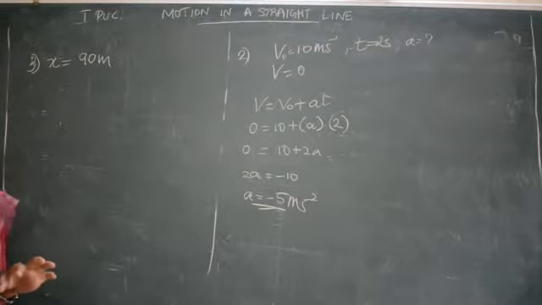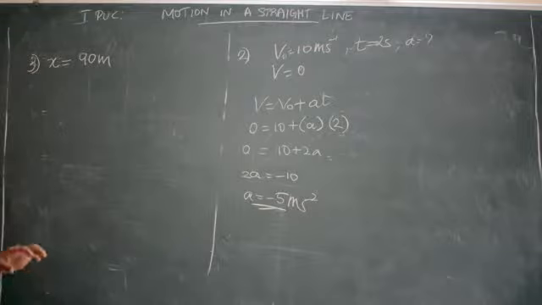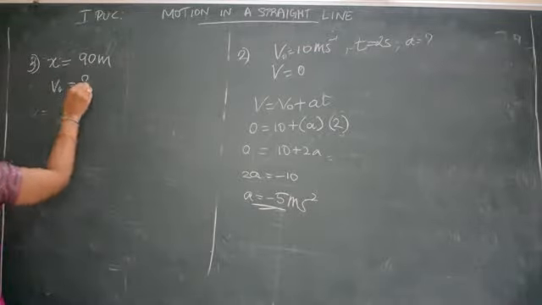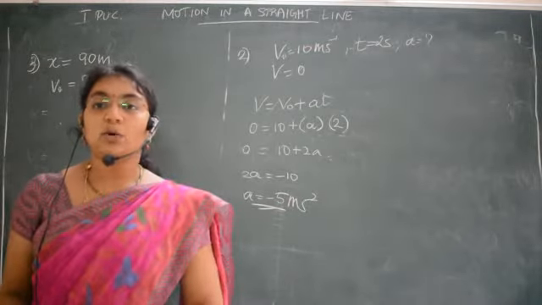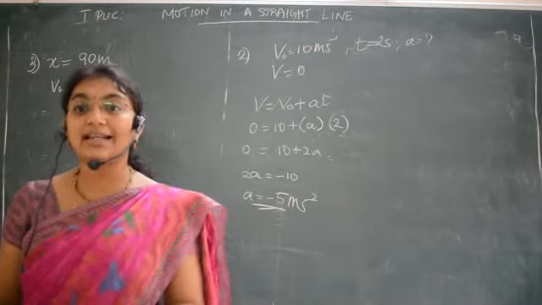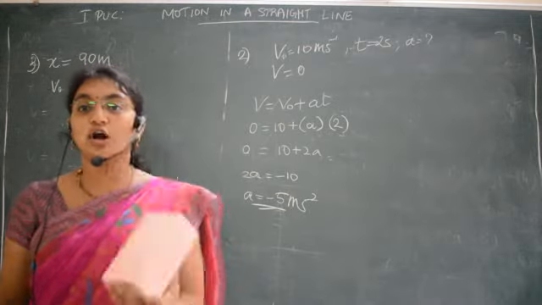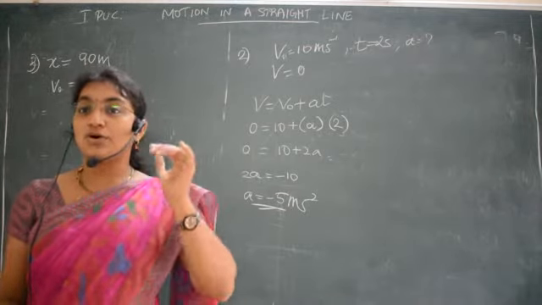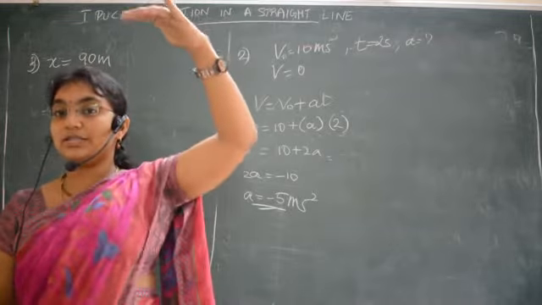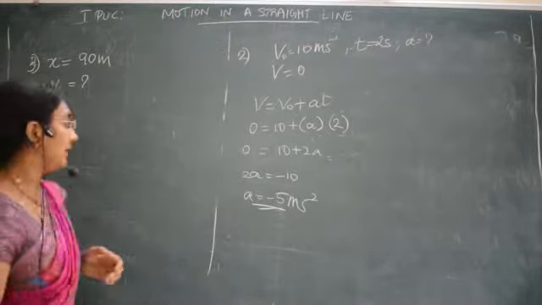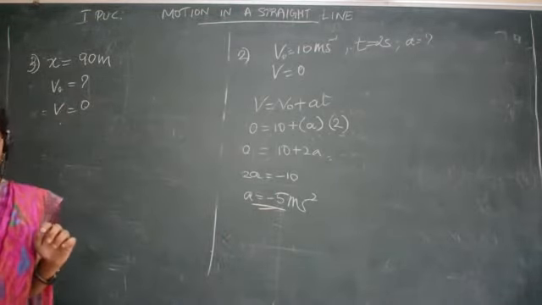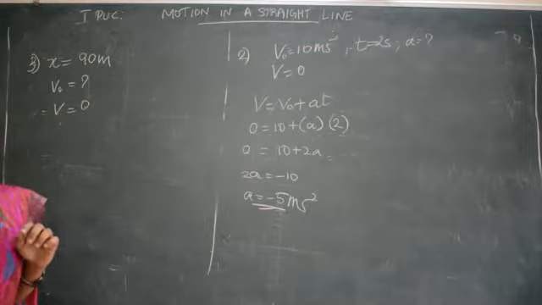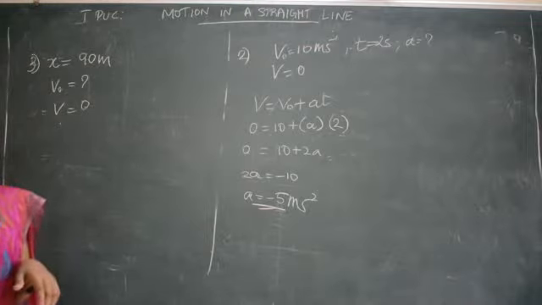Okay, you are throwing it, so you have to calculate the initial velocity with which it was thrown. See, when you throw the object, what happens? It moves some distance, stops, and then it comes down. So initially if you throw it, it will stop at some height. So I will say final velocity is equal to 0. Correct? You have to calculate the initial velocity.